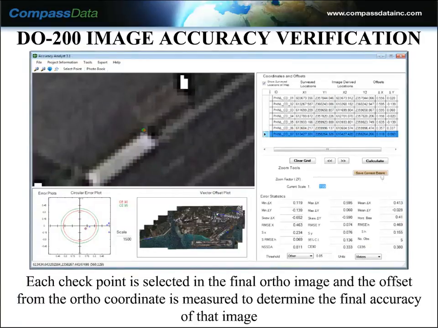So here's another image, basically of the interface of that software, where you can see there are multiple control points, X, Y, and then you have the image-derived locations, X2, Y2, and then you can get the delta, and you get circular error plots, and you set the threshold based on the customer's data quality requirements. In the cases for us, it's 85 centimeters horizontal accuracy, and then you run the statistics on it, and then it kicks out a final report,